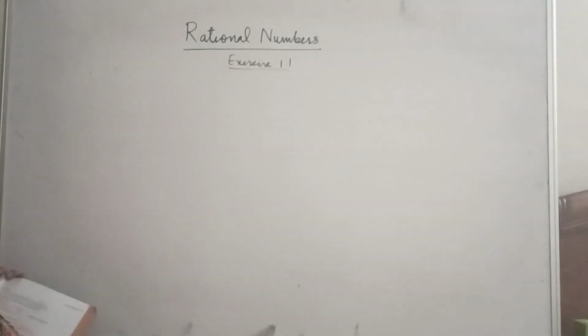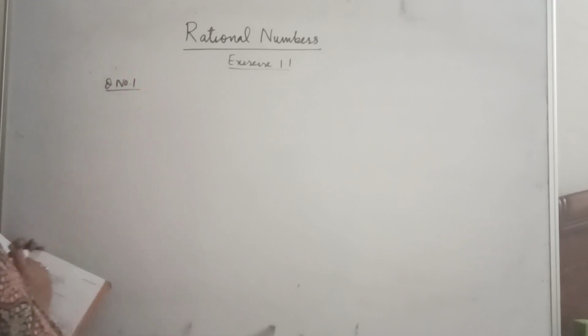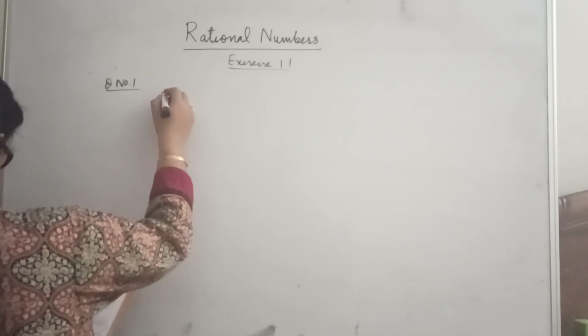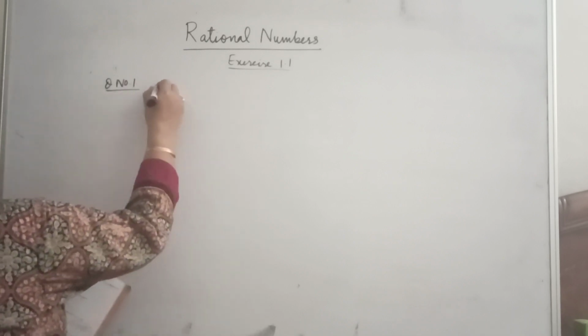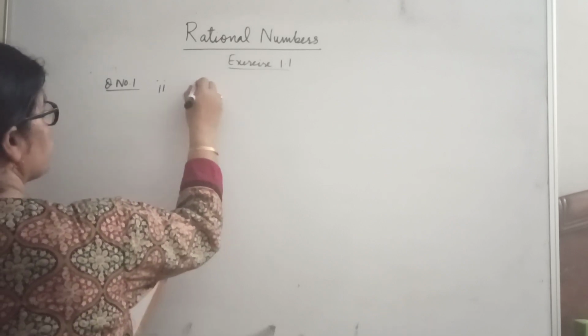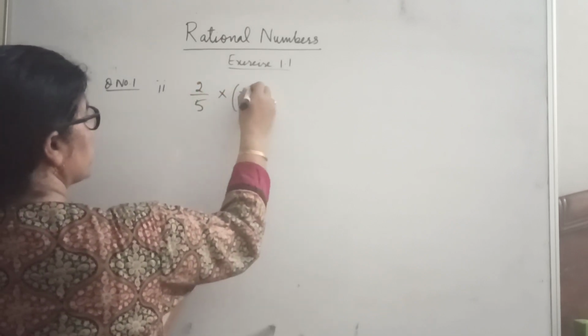In exercise 1.1, question number 1 is: using appropriate property. Two parts are there. Let us take the second part: 2 by 5 into minus 3 by 7